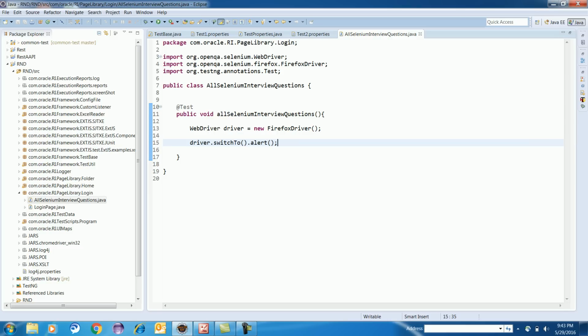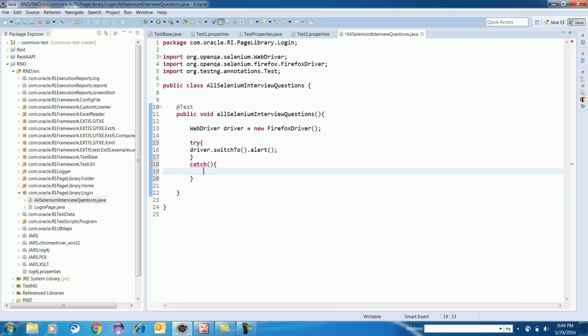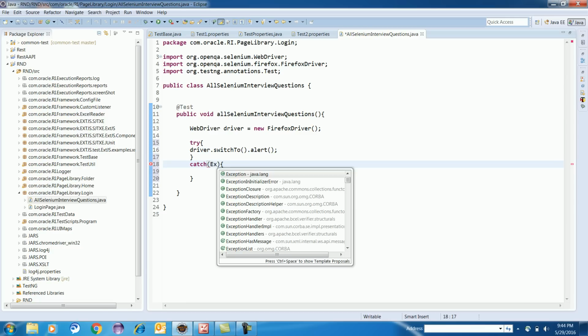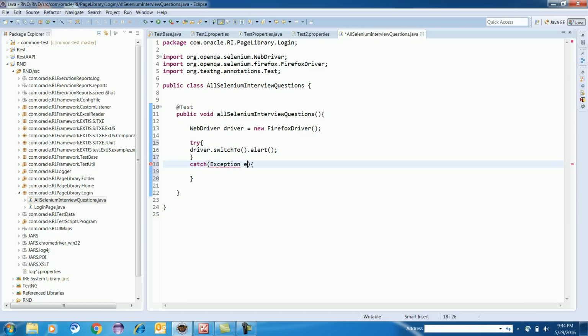So what you can do is put this into a try block, and in a catch you can catch the exception if it is not present.